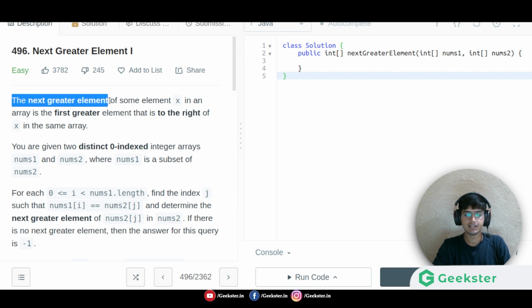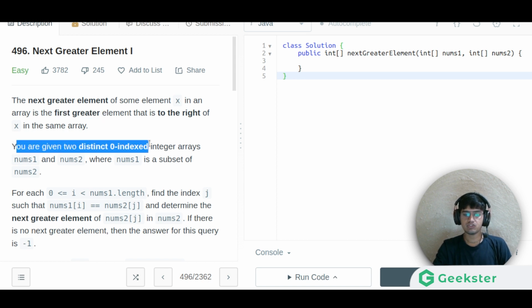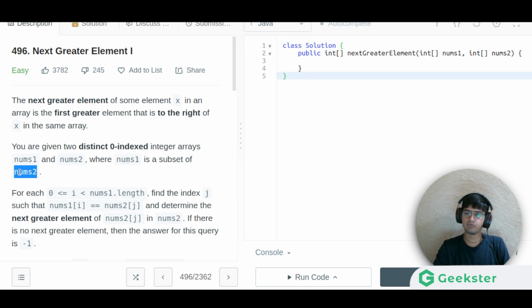The next greater element of some element x in an array is the first greater element that is to the right of x in the same array. You are given two distinct zero-indexed integer arrays nums1 and nums2, where nums1 is a subset of nums2.